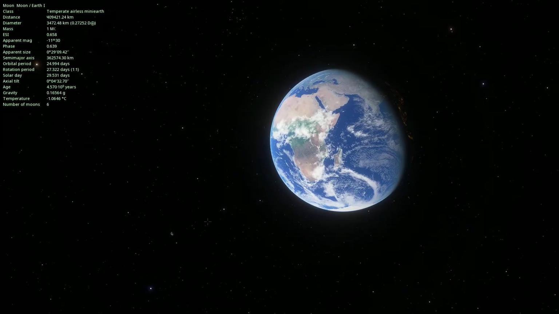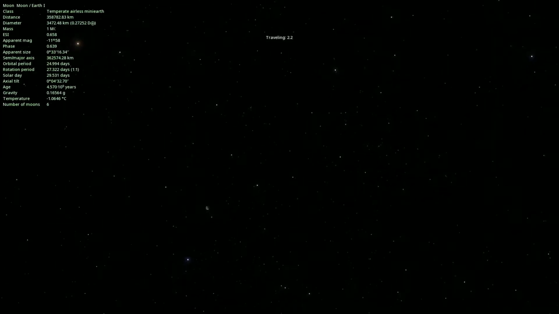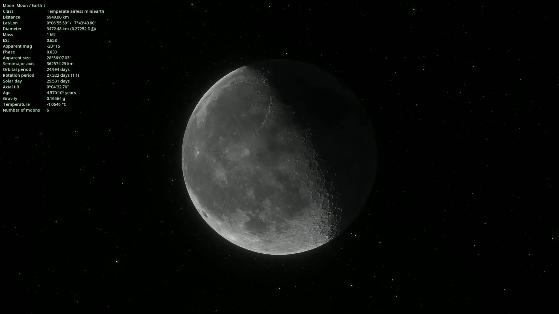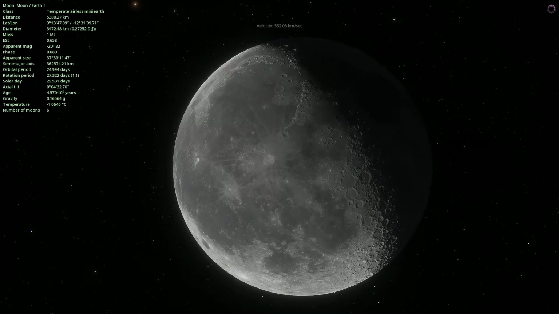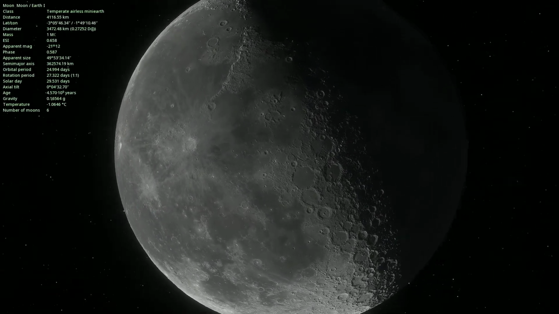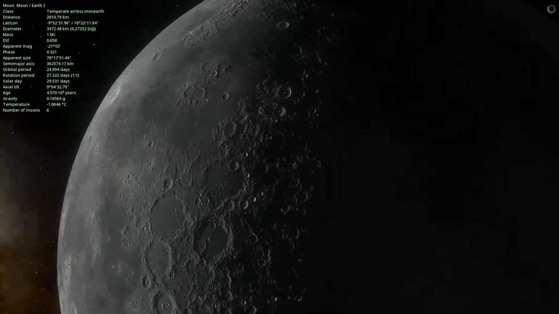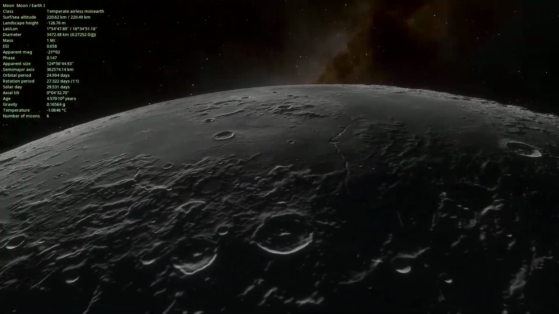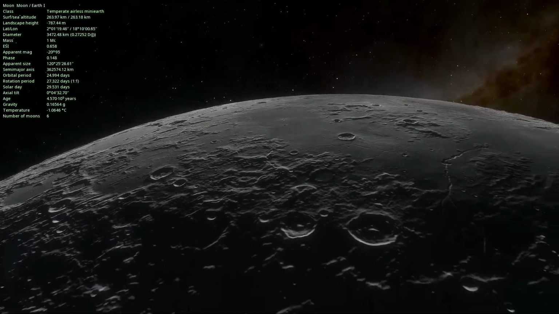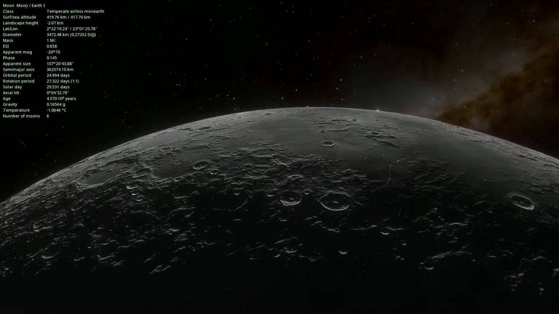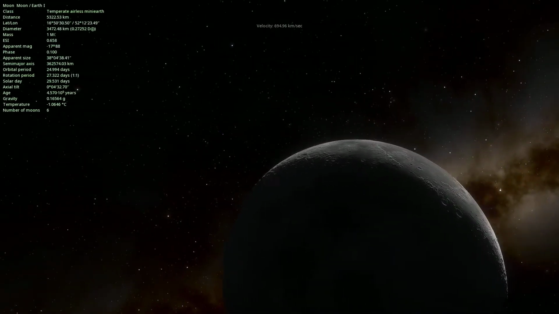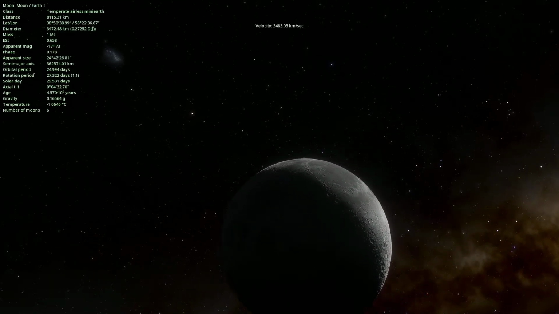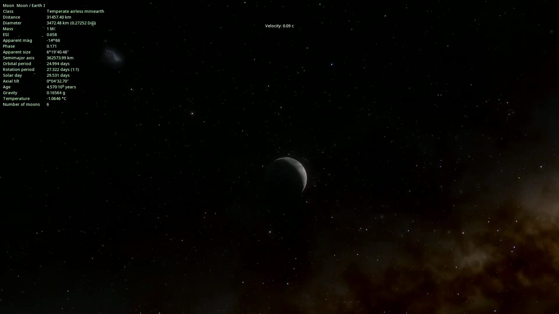We see our moon in the background, so I'll select it with my cursor and double-click G to be transported directly to it. Without landing on the surface, I'll get in closer to get some better views of the craters. You'll find that the detail of the landscape at the surface of any planet or moon will be greatly improved the further away you are from known objects. And so finding beautiful views light years away from our home is recommended and will be our goal here today. Please come join me as I truly begin to earn my title as Breaker of Worlds.